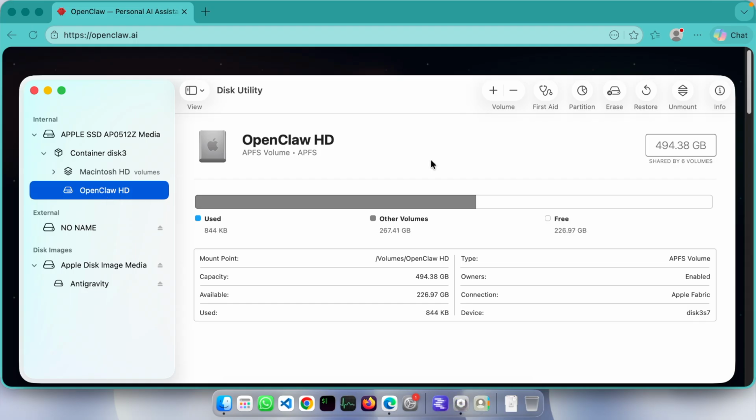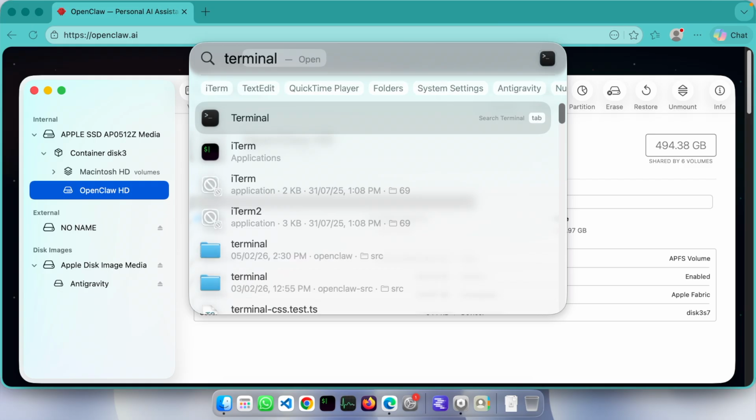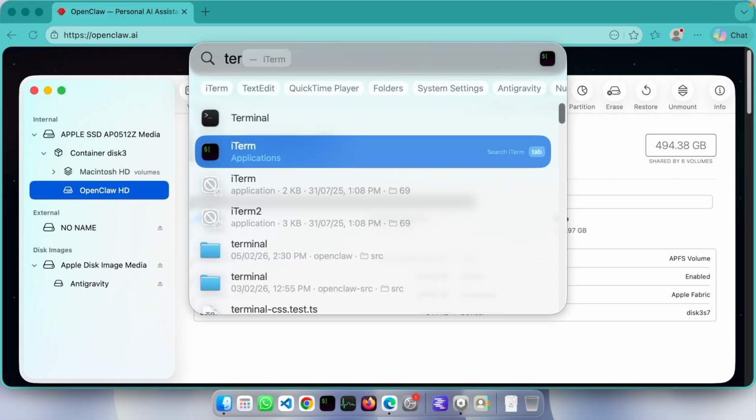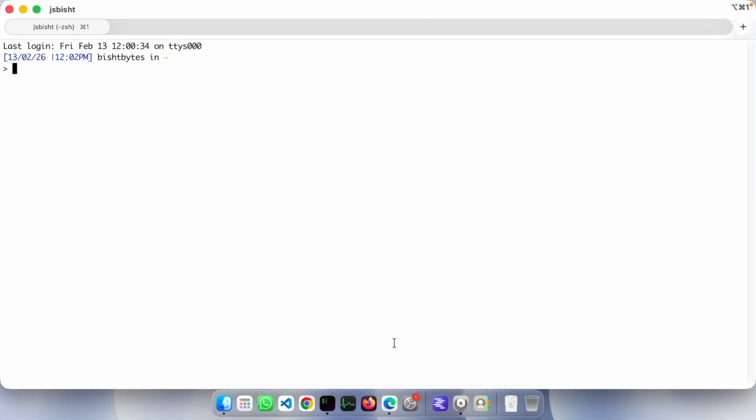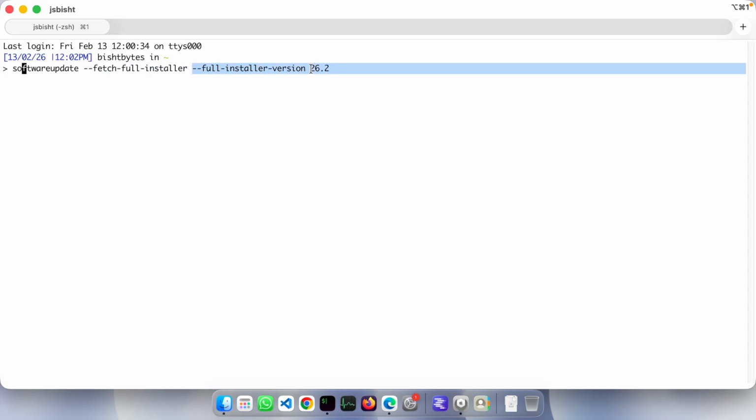Okay, so I will show you the command line way to do that. You have to basically look for your terminal. I am gonna use iTerm, as I have previously run the setup from here, so it's easier for me to do it here again, just to showcase how it is done. So if I just look for my previous command, I'm gonna add this in the description. You do a full fetch installer, and it will basically get the 26.2,